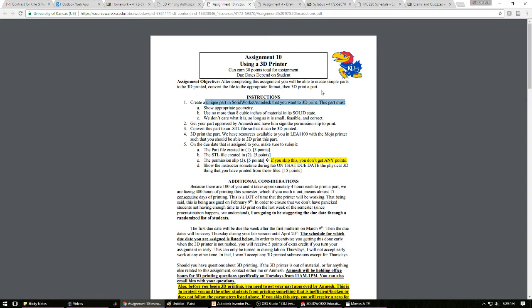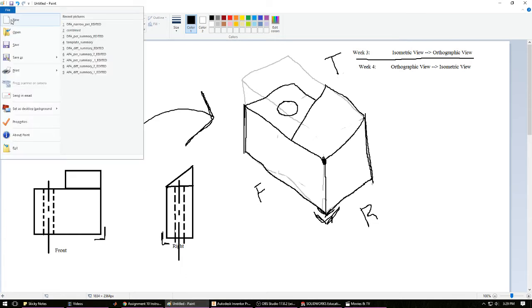Just something. The parameters within this, it has to not be built poorly. That's what show appropriate geometry means. So basically, don't make something that's not physically possible for the 3D printer to print, because then it won't print it and it will get upset, and then we will get upset. This is a big one. Use no more than 8 cubic inches of material in its solid state. So volumetrically, if your part makes up 8 cubic inches of material or more, then you will not have your